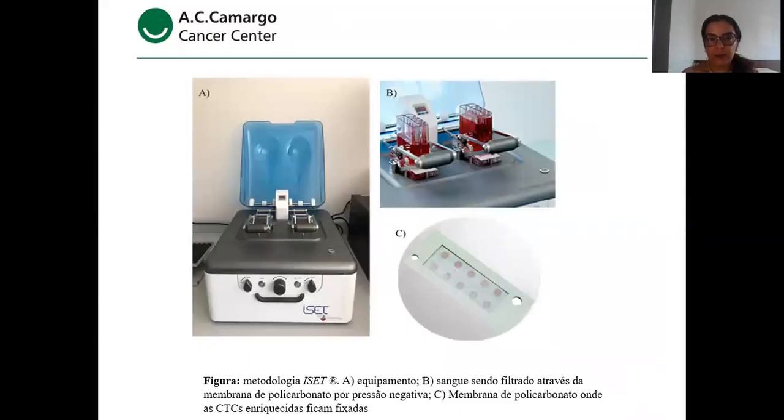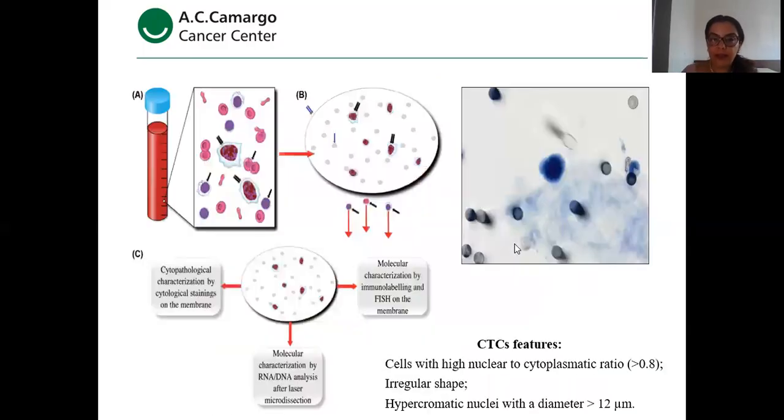At AC Camargo, as I said before, we use ISET, that is a filtration by size. After the blood filtration, we can remove this membrane from this block, and in the membrane, we have many pores of 8 micrometers. The majority of the cells of the blood pass through the pore, and the circulating tumor cells stay in the membrane. Here is a typical circulating tumor cell with an abundant nucleus and a scarce cytoplasm, and